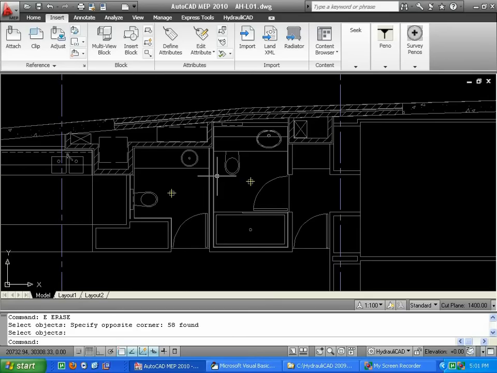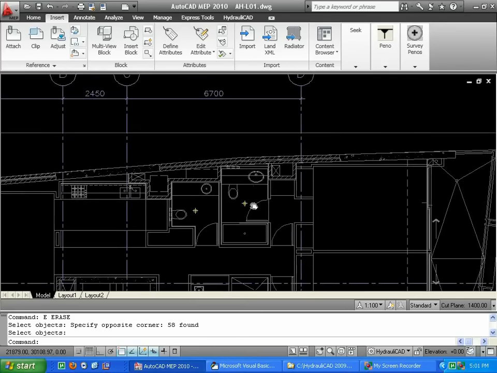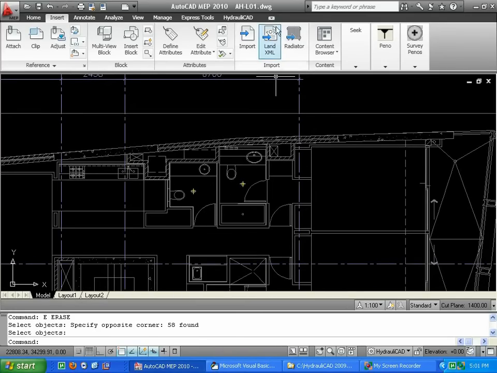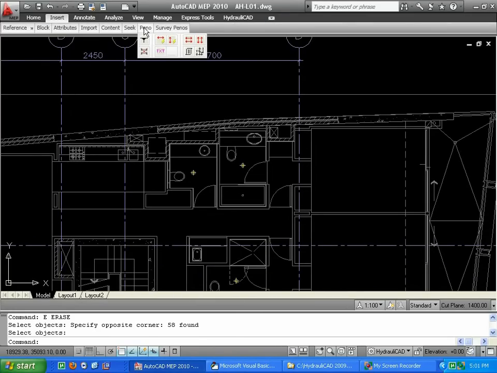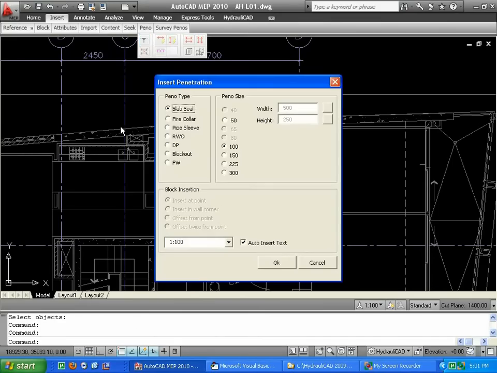So this next tutorial is based on the penetration part of HydrauliCAD, basically just to do dimension penetrations for site pours. We use the penetration toolbar, which is on the insert part of the ribbon, and what we can do there is put in whatever type of penetration is required, whether it's a slab seal, a fire collar, pipe sleeve, rainwater outlet, downpipe, blockout,